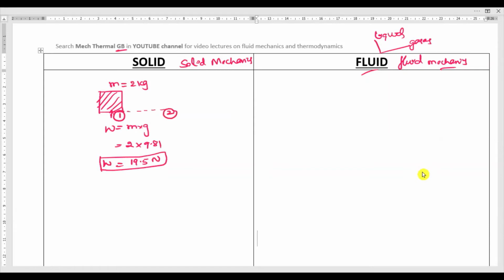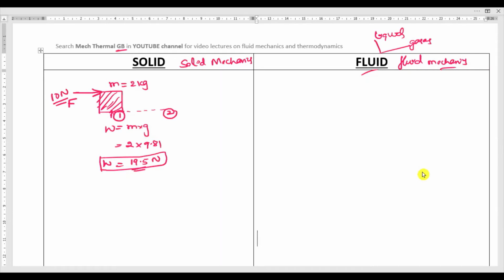Okay. To move this body from point number 1 to a certain distance, let us take point number 2, we need to apply some external force. So I will apply some force on this body, that is F. For example, what is the value of F? F is 10 Newton. So when you apply 10 Newton of force on this body object, this body will not get any deformation, or this body will not move from one point to another point. The reason is the weight of the body is 9.5 Newton.